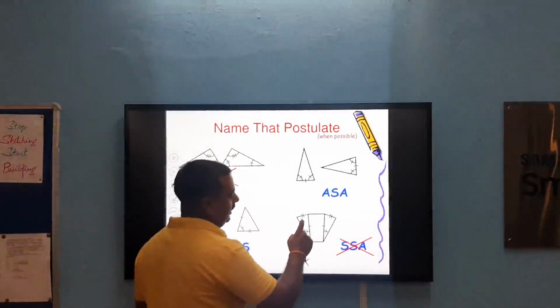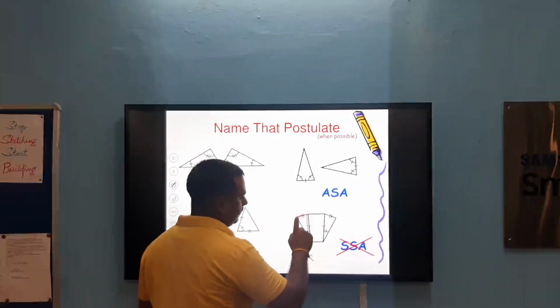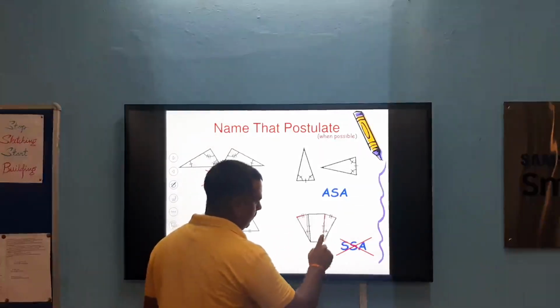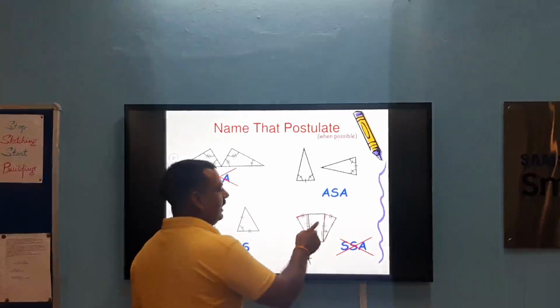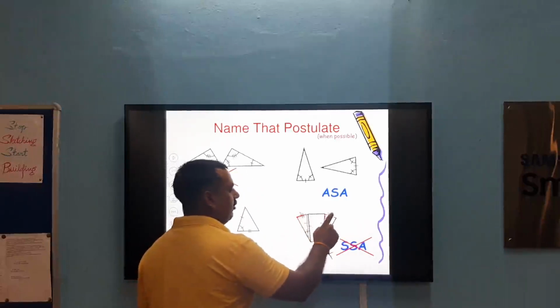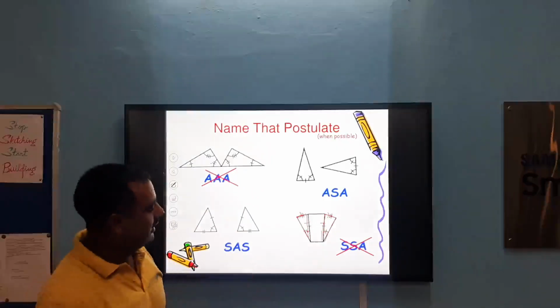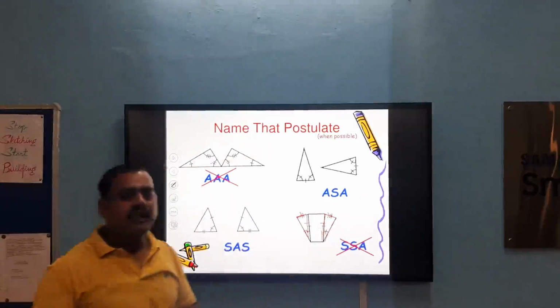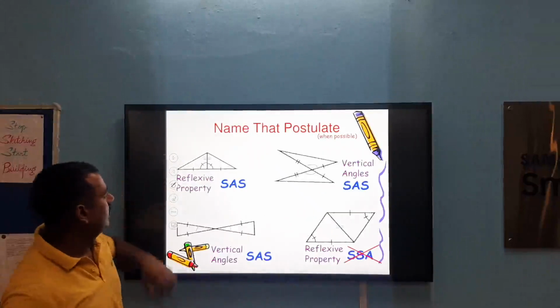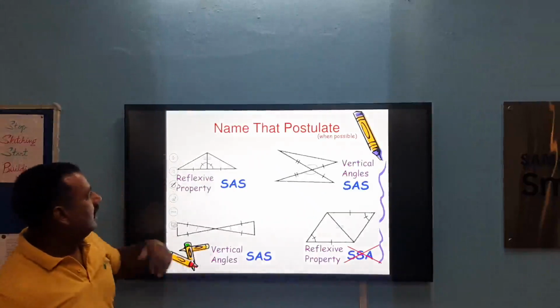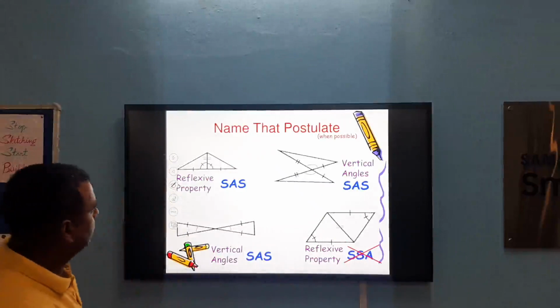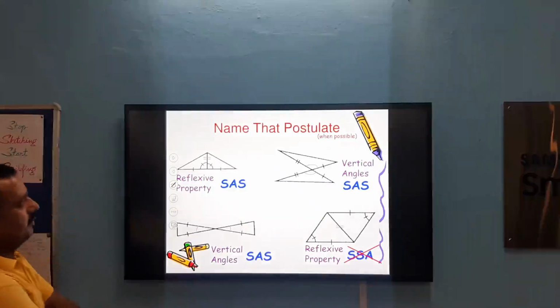And like in these two triangles, if it is given that two sides are equal but the angle which is given equal is not the included angle, then SSA is not any criteria. Again, similarly we can take these diagrams as postulates.